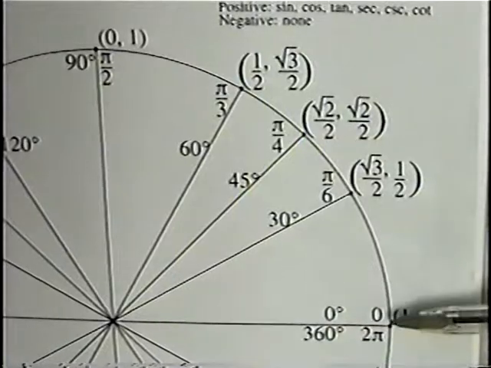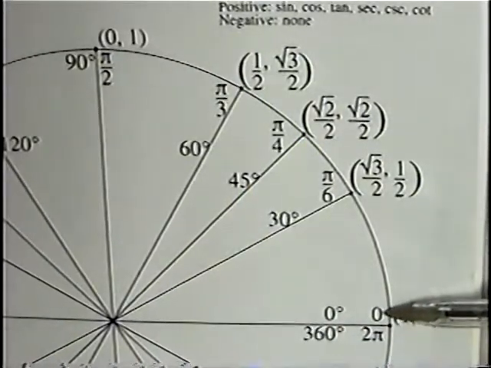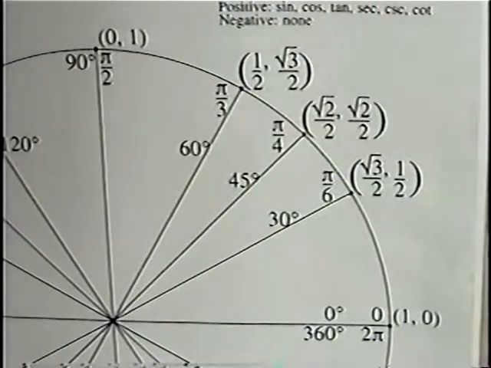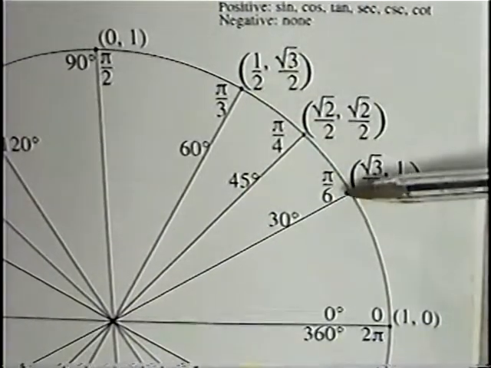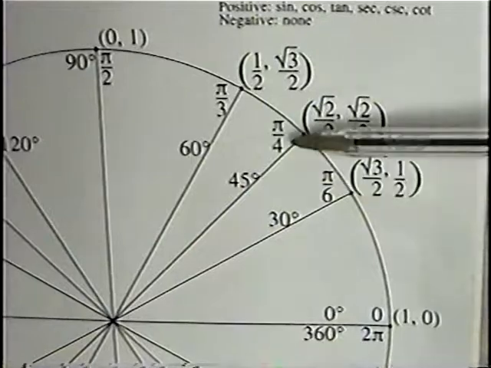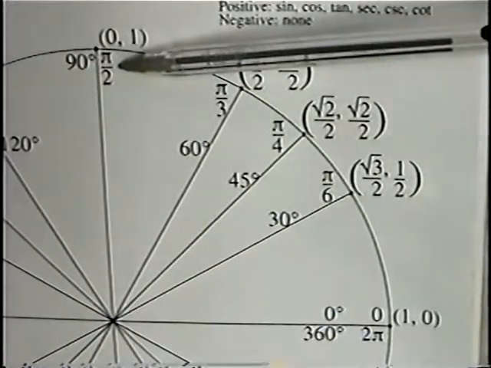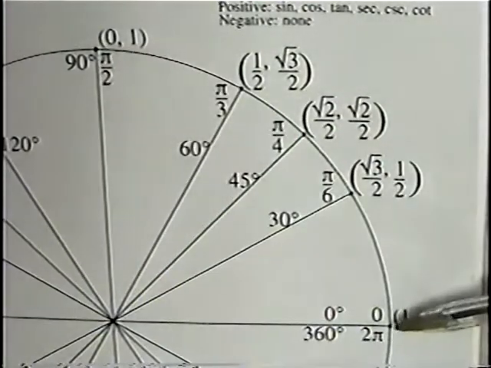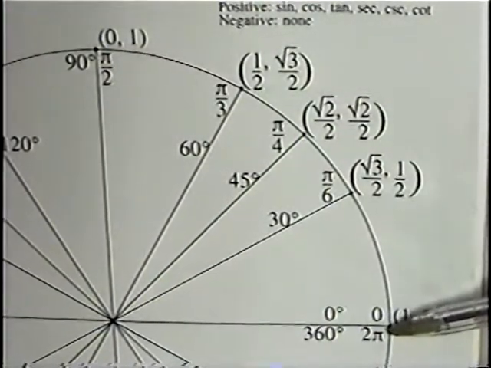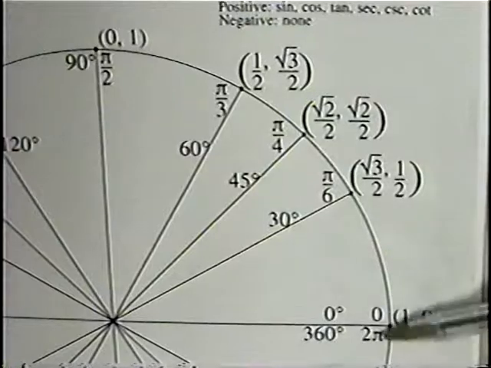Instead of degrees, you can also use what's called radians. Radians again start at 0 on the x-axis and increase as you go counterclockwise. The first radian is pi over 6, then pi over 4, pi over 3, and pi over 2, and it continues all the way around until you have 2 pi, which is the distance around the circle in terms of